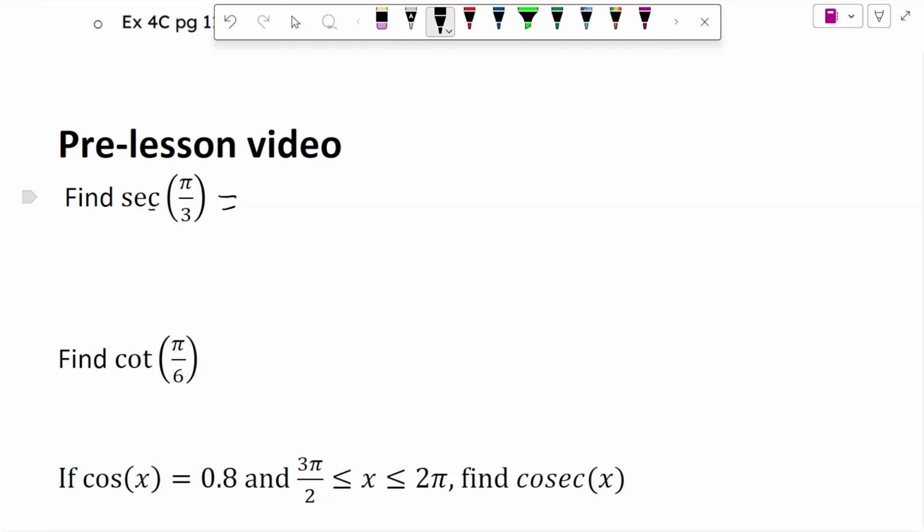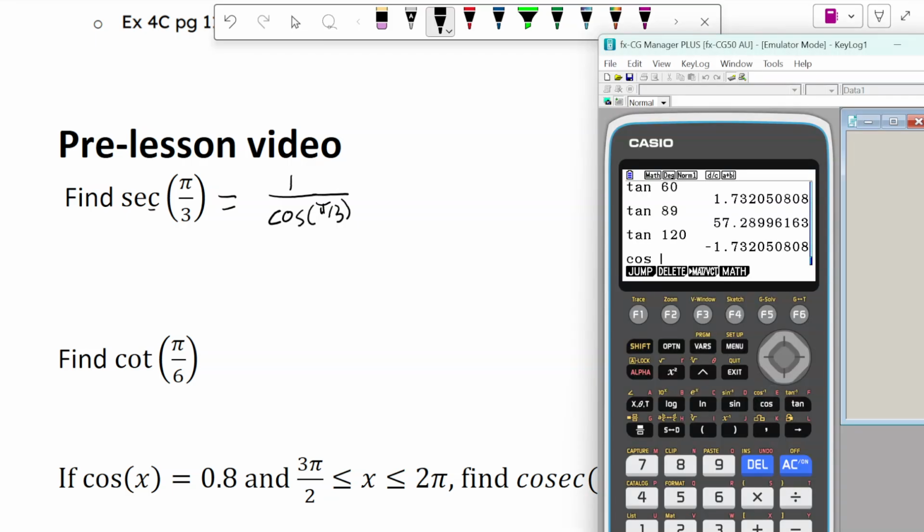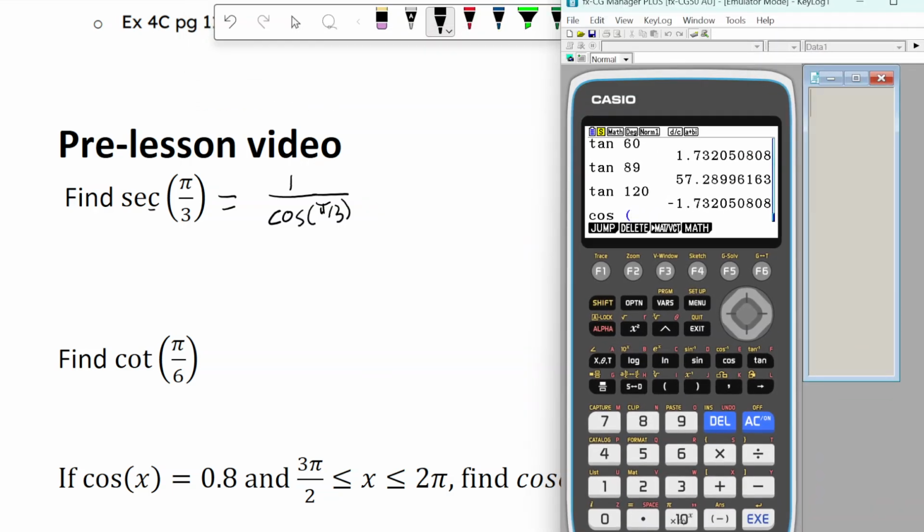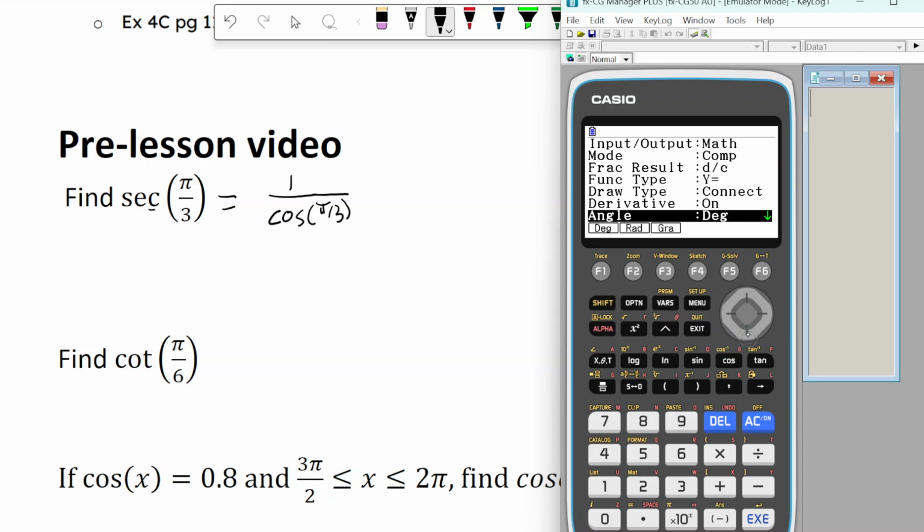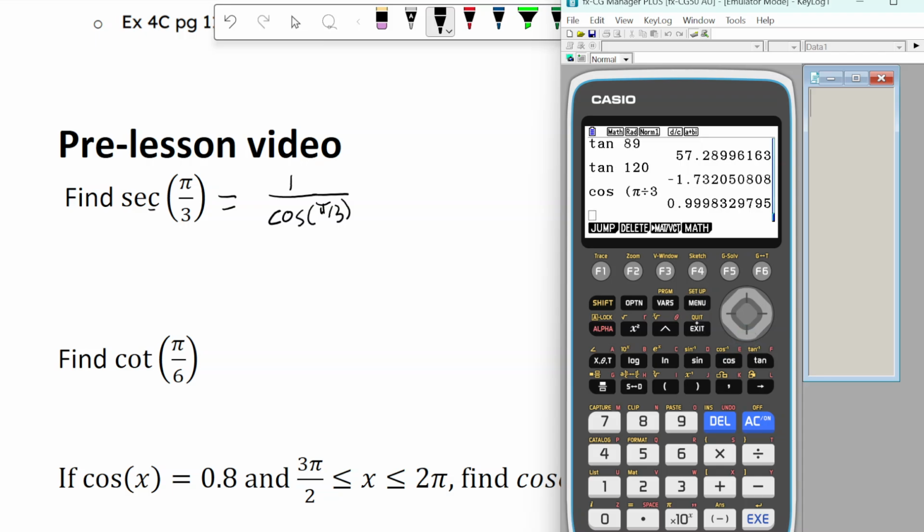So sec, C is the third letter, so that's 1 over cos of pi over 3. And then we can pretty much just do that on the calculator. So cos of pi over 3. Now, I am in degrees currently, which is very bad. I need to be in radians for this question. So let's try that again. Cos of pi over 3